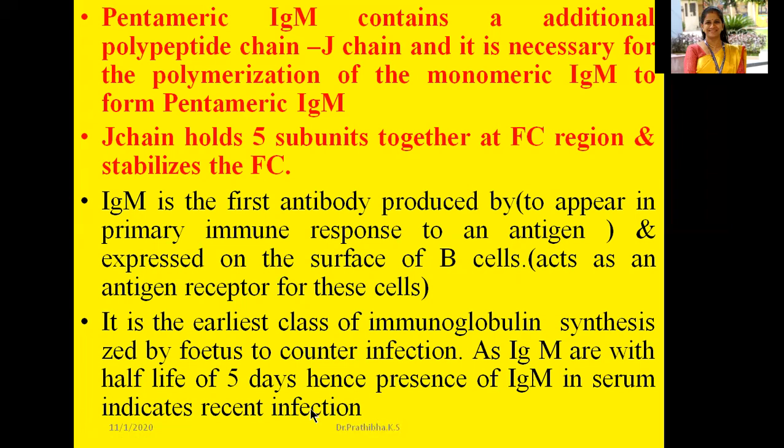As IgM has a half-life of 5 days, the presence of a high number of IgM in serum indicates a recent infection. Okay, because whenever an antigen enters inside, that time this IgM molecule starts to be produced by the B lymphocytes and fights against the antigen. When you go for concentration diagnosis, that time, instead of the presence of 5 to 8%, if there is a very high number of immunoglobulin M, then that indicates a recent infection and the body got infected.